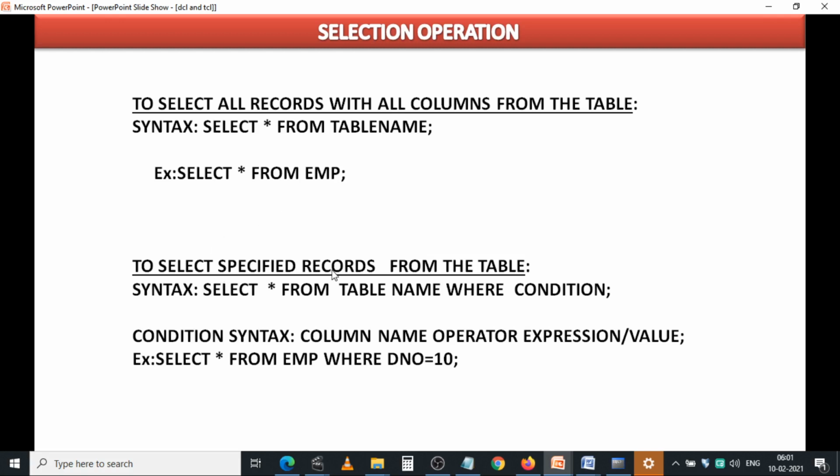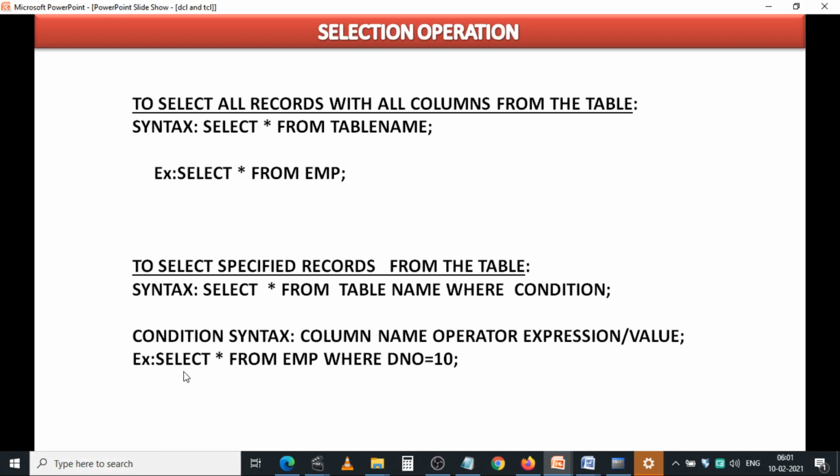And to select specified records from the table, we use the where condition in the select command. Select star from table name, and you have to write the where condition. After the where clause you write the column name, next the operator, and then the expression or value.